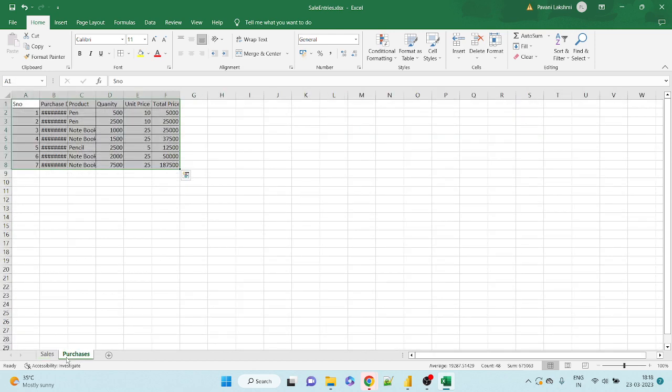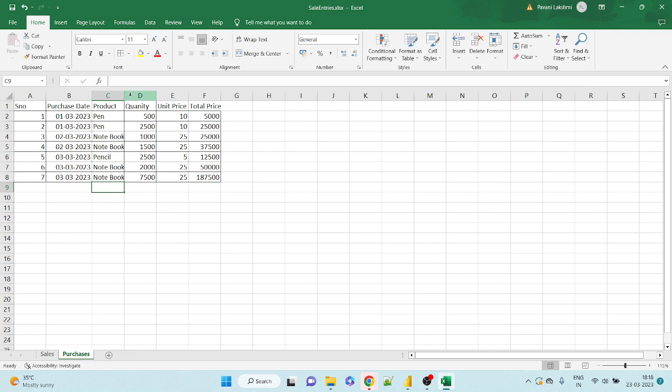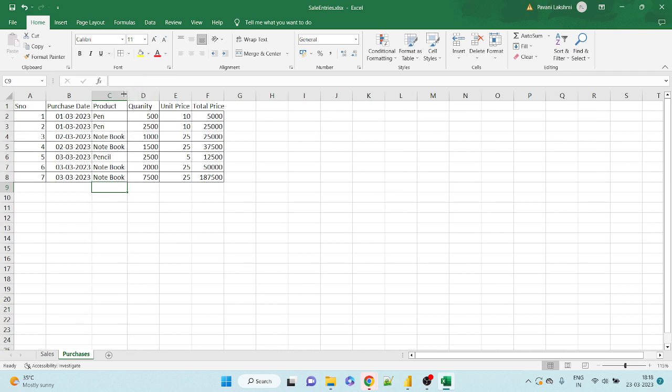See guys, sales and purchases. Now tell me guys, what is the common element between sales and purchases here? Product. Product is a common element, I mean common attribute, through which I can correlate my